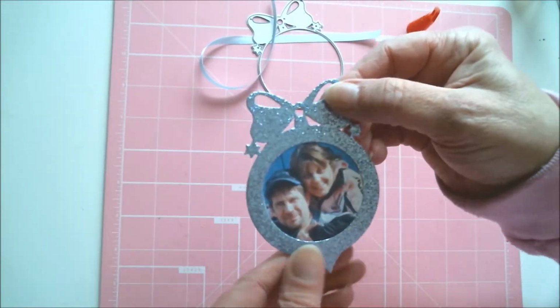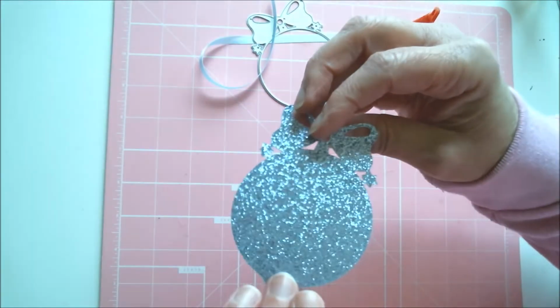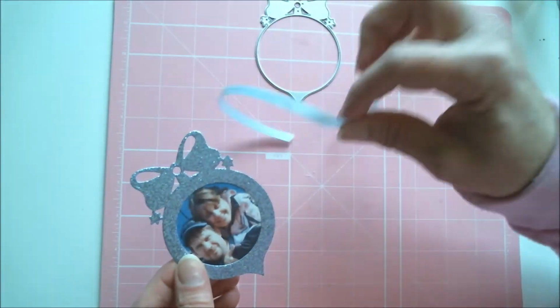Look at that. Perfect, right? It is just gorgeous. And so there you go. Now this can be an ornament or a tag. It's totally up to you. It comes with a little circle right there to put the ribbon through, and I already have my ribbon cut